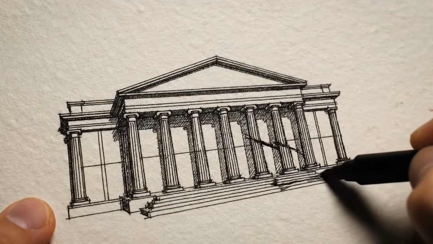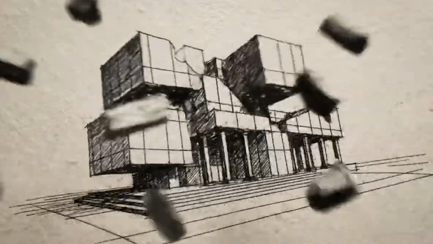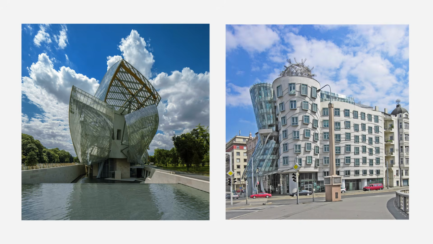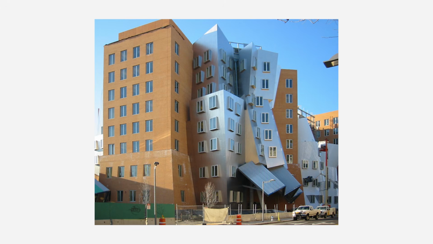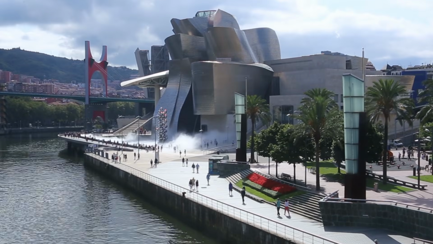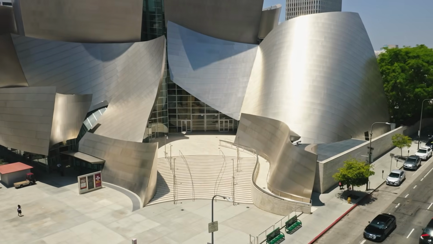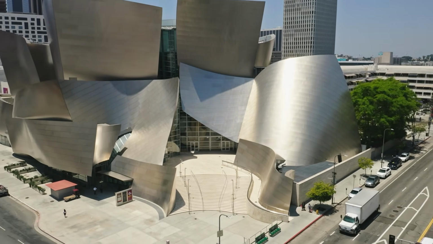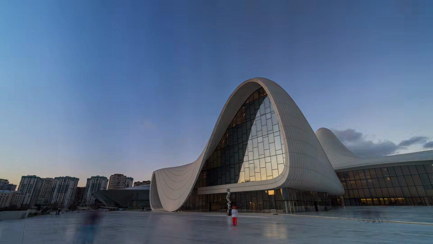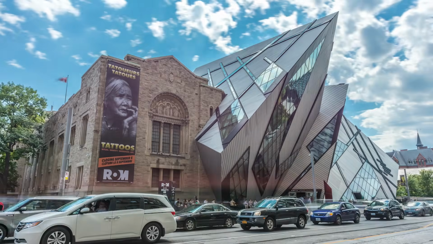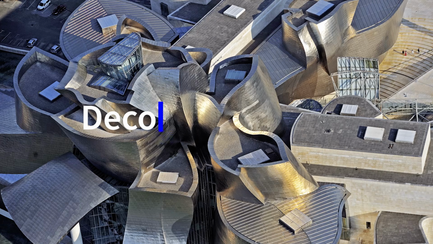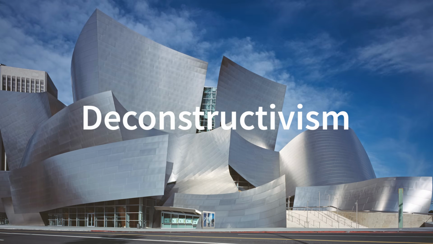Imagine you take a typical building, cut it into several pieces, and then reassemble them in a random order. That feeling of disruption helps explain a style that began to emerge in the late 1970s. While much of architecture pursued order and rationality, some architects began pushing in the opposite direction. Complex curves, unpredictable angles, fragmented forms, an architecture that many described as chaotic. You've probably already guessed it, Deconstructivism.